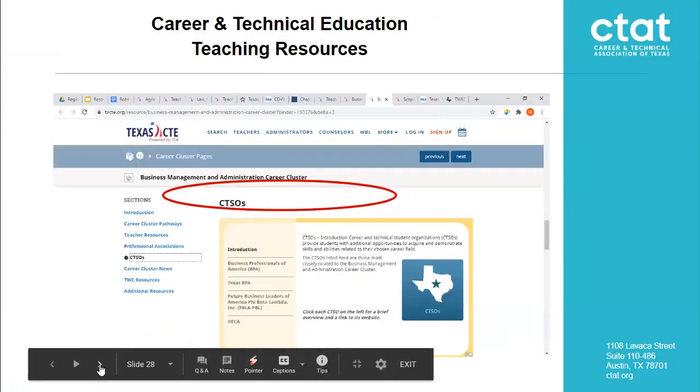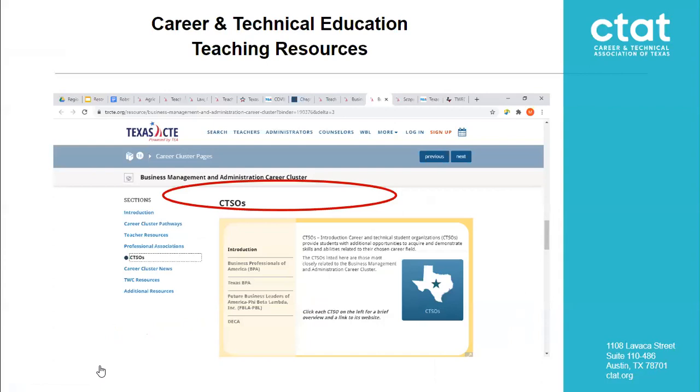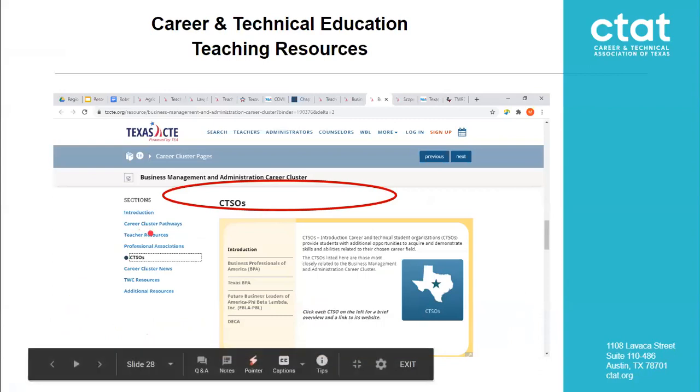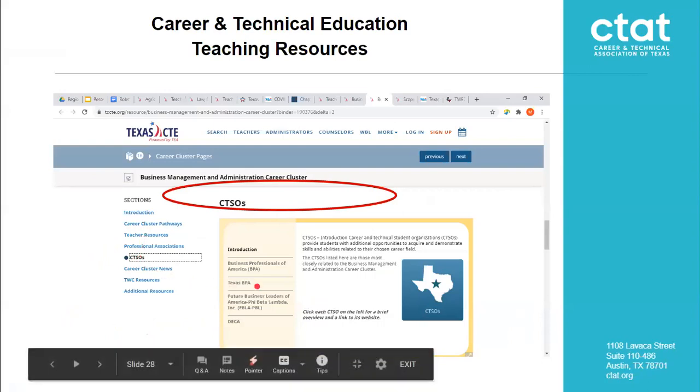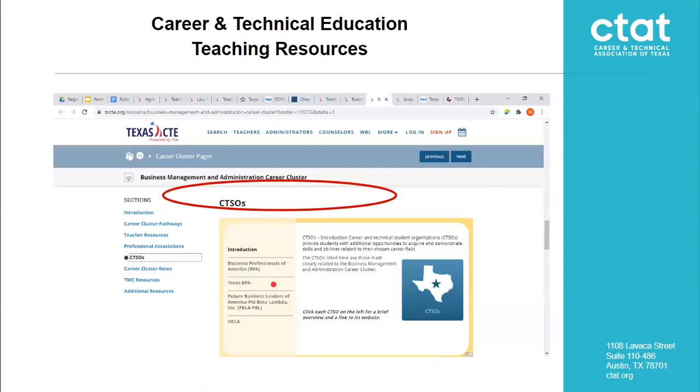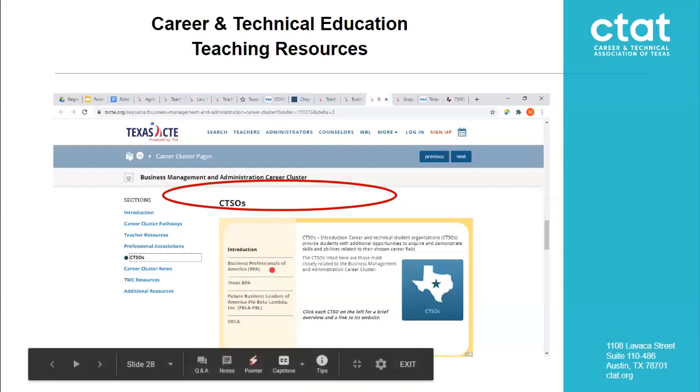Great resources. And then keeping on in the business management cluster, you can see I just clicked on down here. We're back on the same page, back on our previous page here from teacher resources. Go down to CTSOs. And if you're a teacher looking for resources for enrichment, nothing's better than the Career and Technical Education